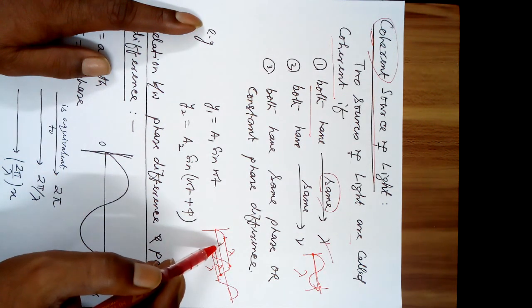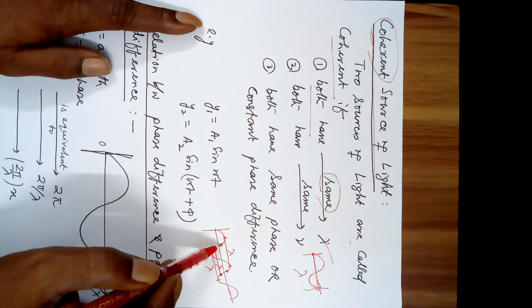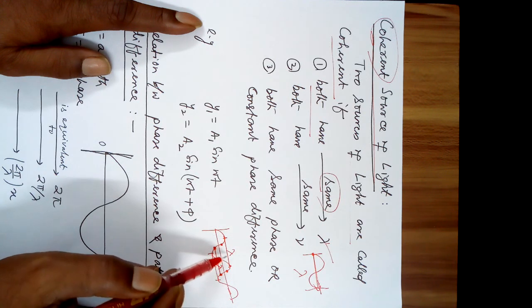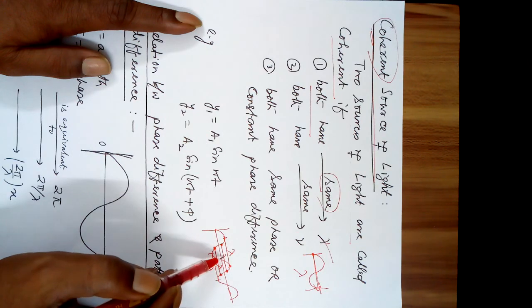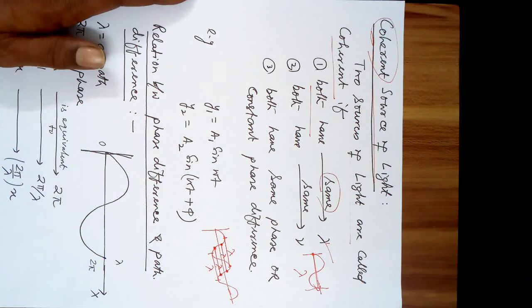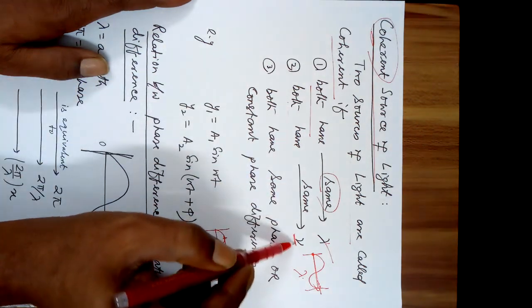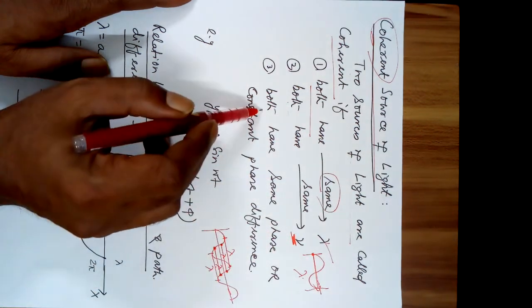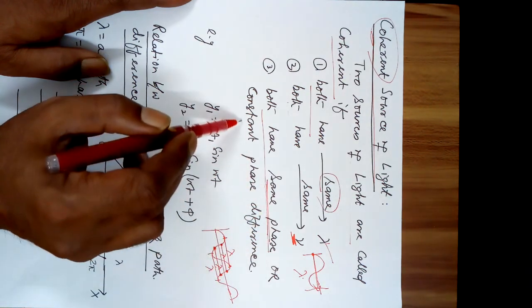You can say from here to here also is lambda, because this point and the very next point that is identical to this is this. So the distance between them is also lambda. Now if both the waves have the same wavelength, both have the same frequency, and both have the same phase, or